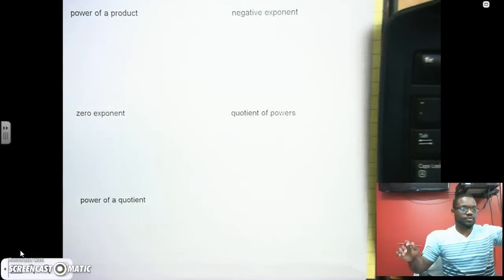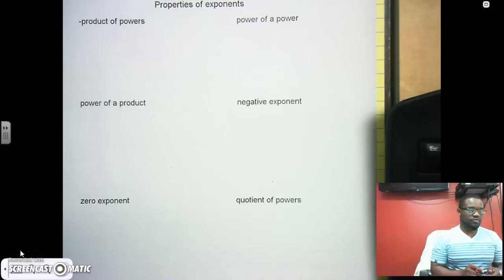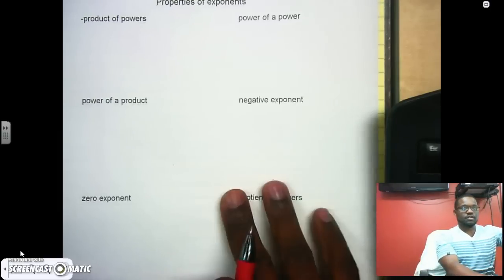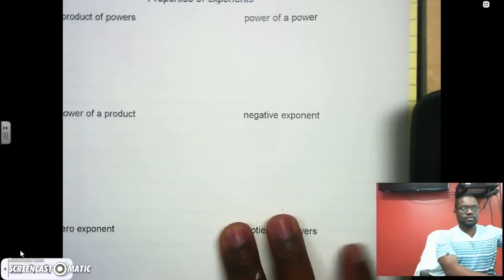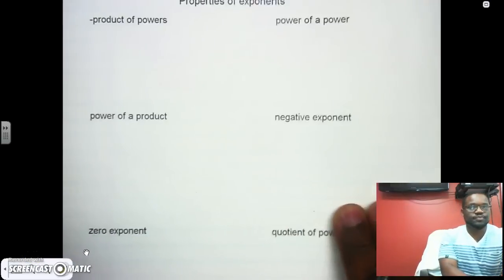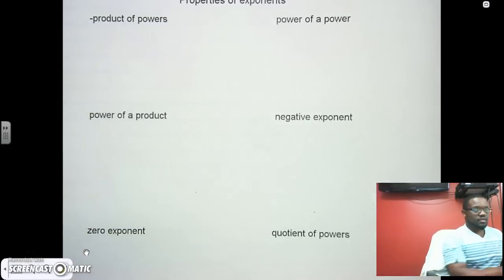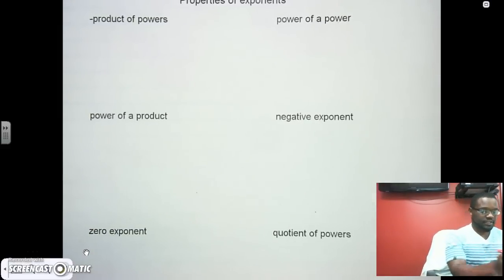Alright, so we have our properties of exponents here. And we're going to start off with the product of powers. So I'm going to take a look at these as we move. Alright, let's get into it. The product of powers simply says if you have